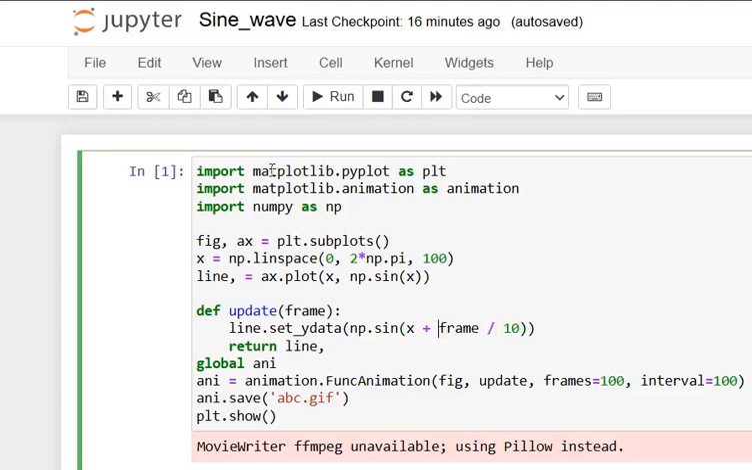Our frame value will vary from 1 to 100. Whatever the frame value is, it will be added into x, and then division by 10 will be performed, and then the corresponding sine value will get calculated. Actually, first the frame value will be divided by 10, then it will be added into x, and then the sine will be calculated and updated into the line that we have created in the above plot, and then we will return this line,